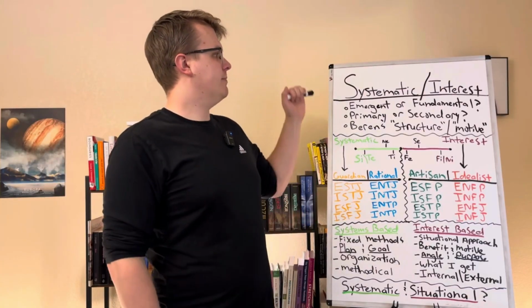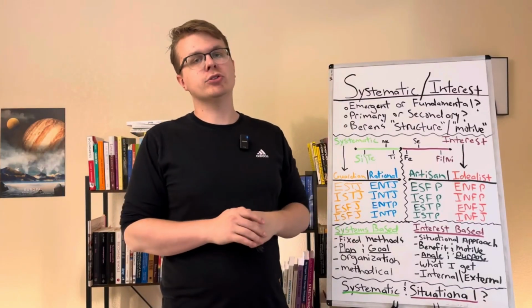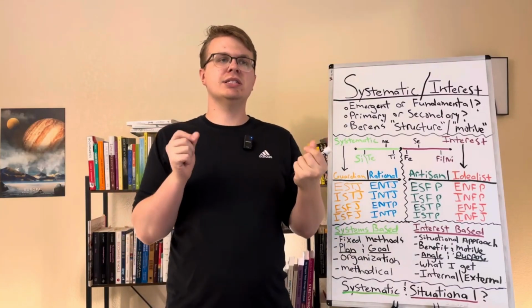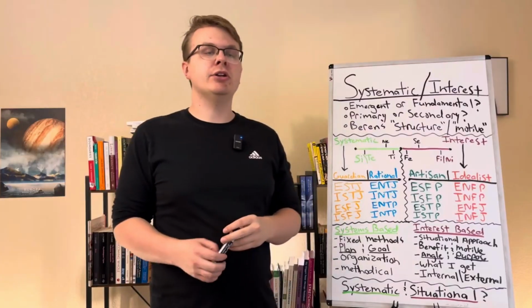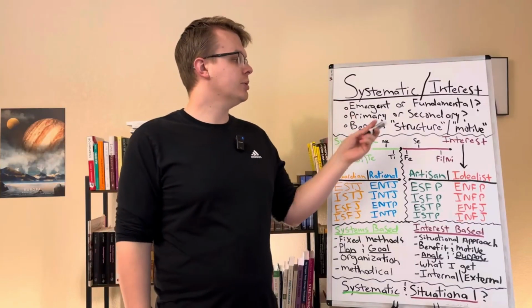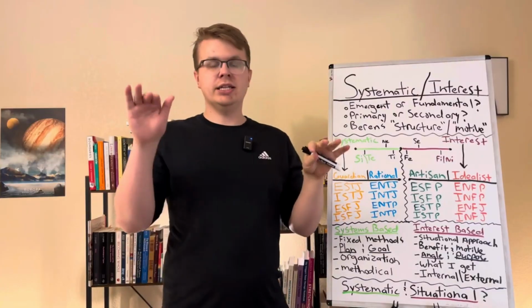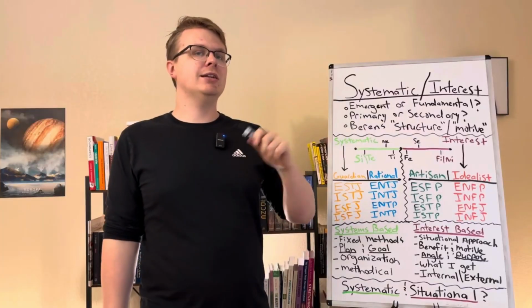It's not to say that I think Linda Berens' work here is bad, like we all stand on her shoulders here. I just feel like this vector in particular, there's just something missing to it. Now, she modified the language here a bit in her own suggestion later, which was instead of systematic, it's structure. Instead of interest, it's motive. And I think this is a bit clearer, but I don't necessarily think it's better.